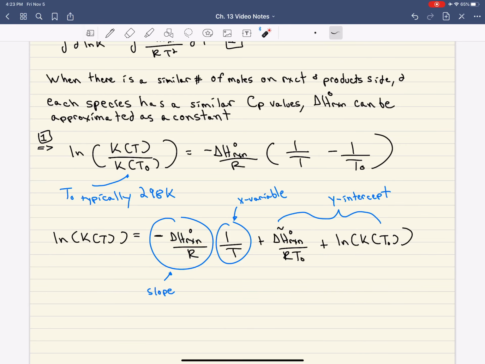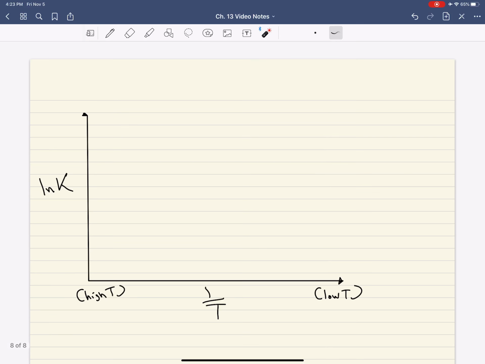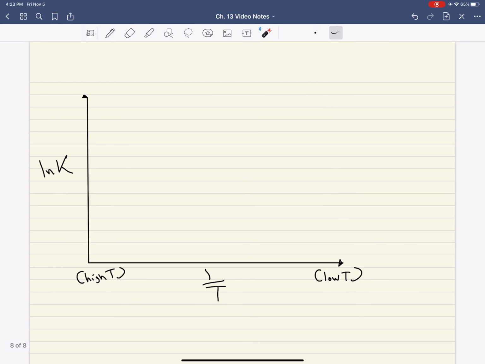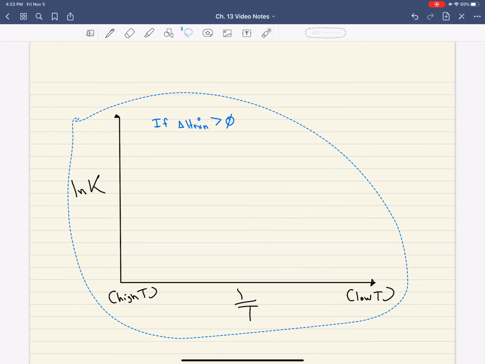All right, and now if we go back to this equation, we have our delta H reaction here, and it's multiplied by a negative sign. And so what we want to look at is two different cases, okay? If our delta H reaction is going to be positive,